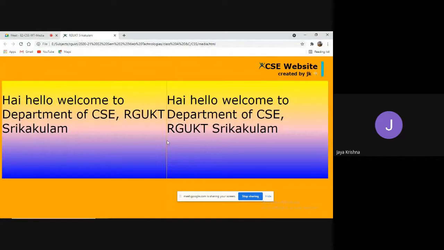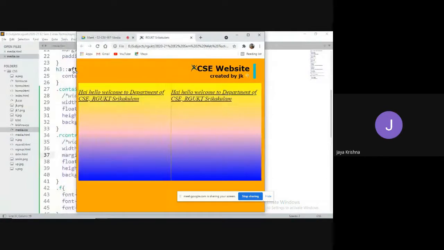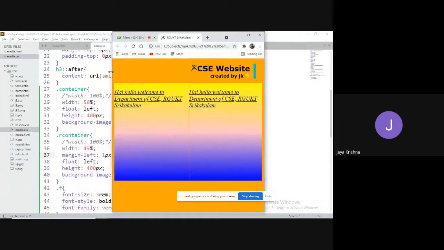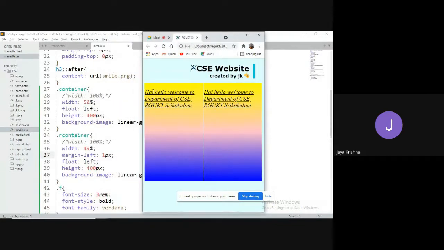Now what my requirement is, whenever I am minimizing, what is happening? My content is perfect, all the properties are applied. But if you observe here, they are strictly condensing. Let us assume that it does not look good. At that time, on the small screens, my requirement is I would like to get these divisions line by line, instead of side by side.